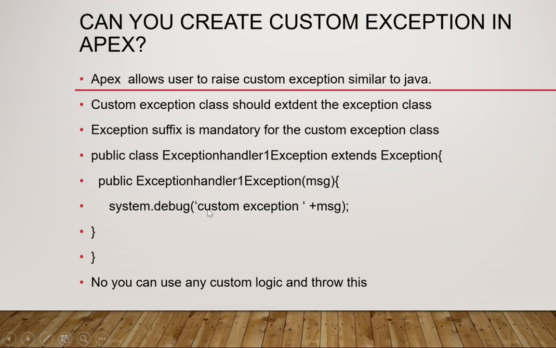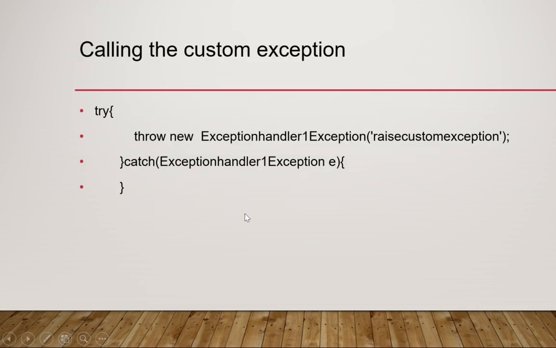Here I have given a constructor and it just writes to the log. Now you can use any custom logic and throw this exception from any other class. So here, if you see, you are saying throw new ExceptionHandlerException with the message, and this is handled over here. When you say throw new ExceptionHandlerException, this exception will be thrown. Your custom exception will be